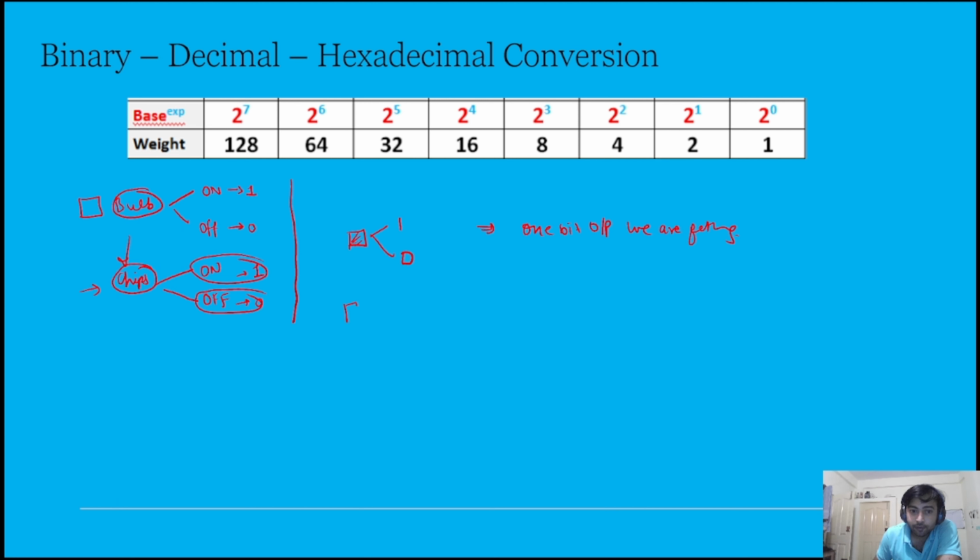If we have two chips, what outputs can you get? Either both are off, that means 0 0. If both are on,